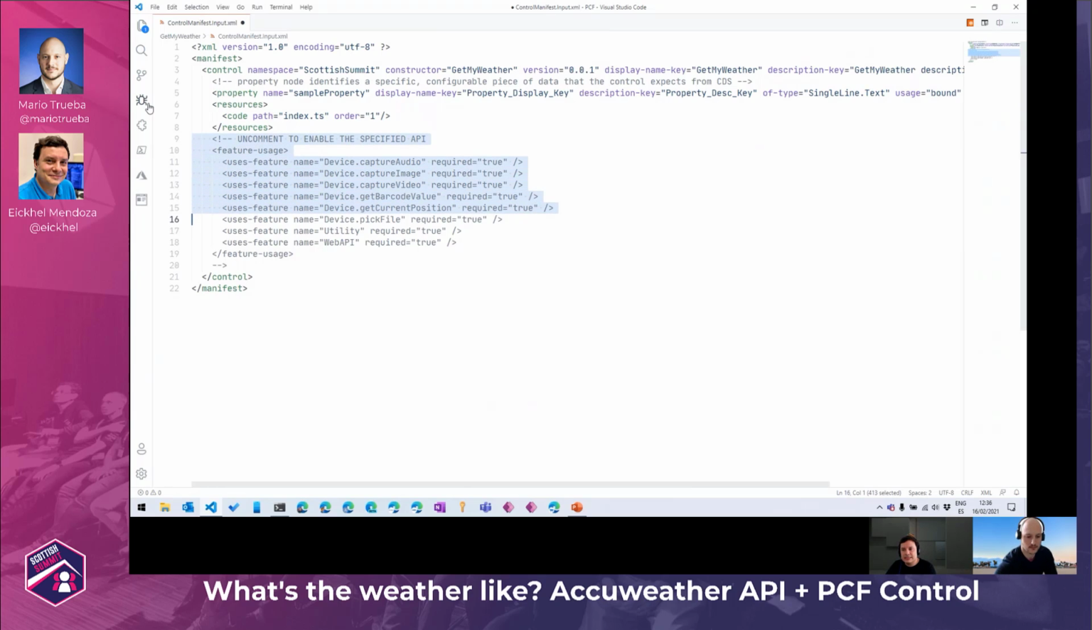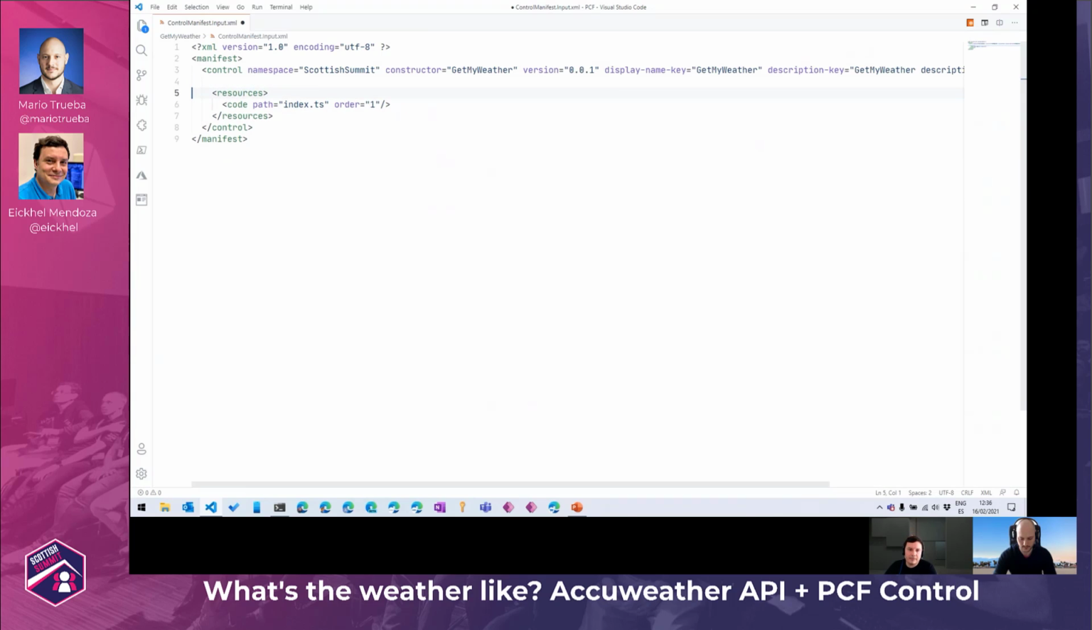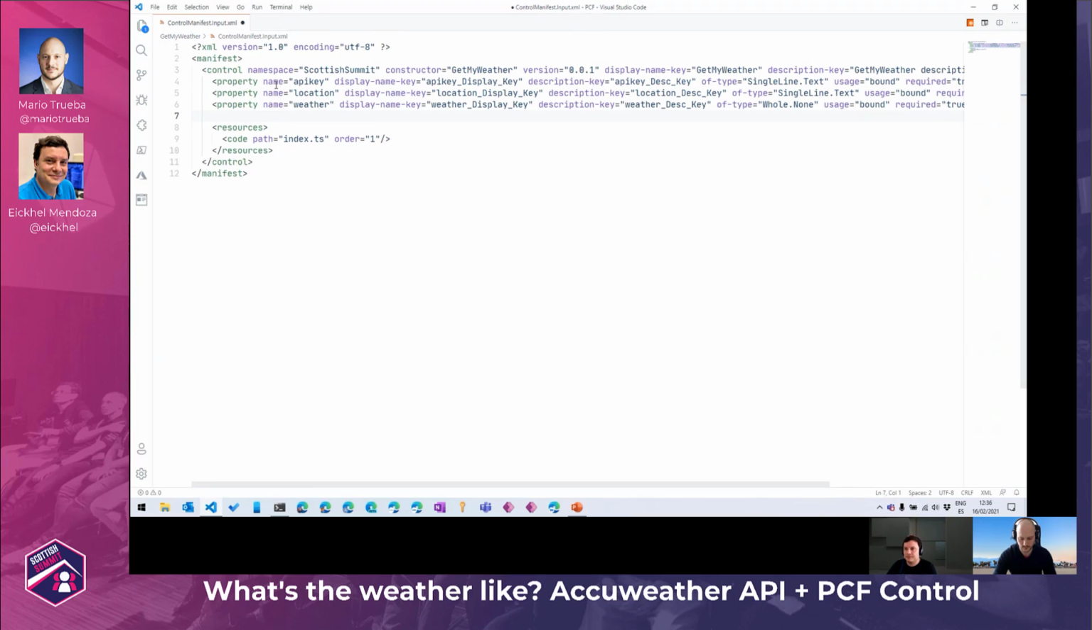And we also are going to delete this part because these are the available APIs that we can use in our PCF components. In the case of Canvas apps, there are few APIs available, but in model-driven there are more. In this case, we're not going to use them, so we are going to delete them. As for the properties, we're going to delete the sample one that gets created for us, and I'm going to copy these properties that I already have configured here